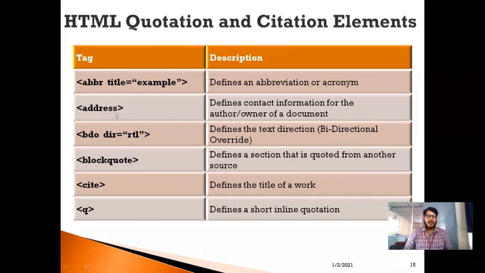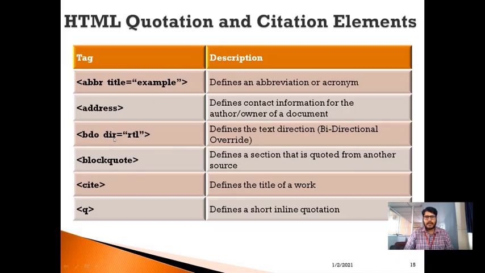And to define the text direction, we can use a BDO tag. BDO stands for bidirectional override. This tag is used to define the text direction. Whether my text direction is from right to left or left to right, we can specify that with the help of the dir attribute.